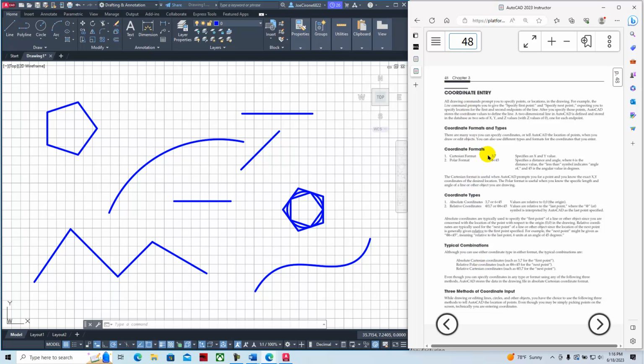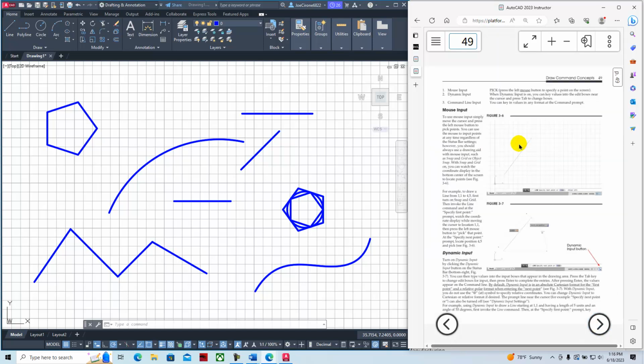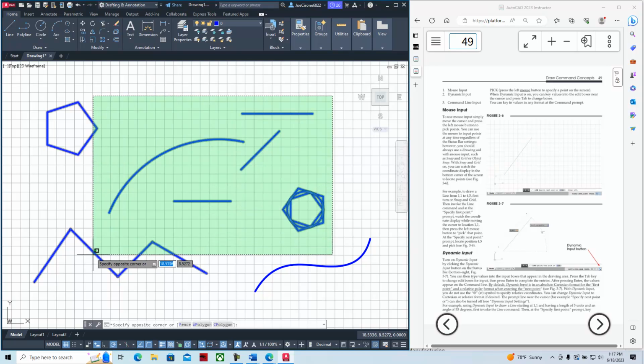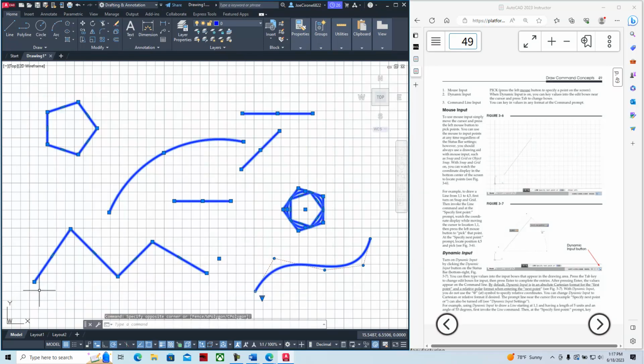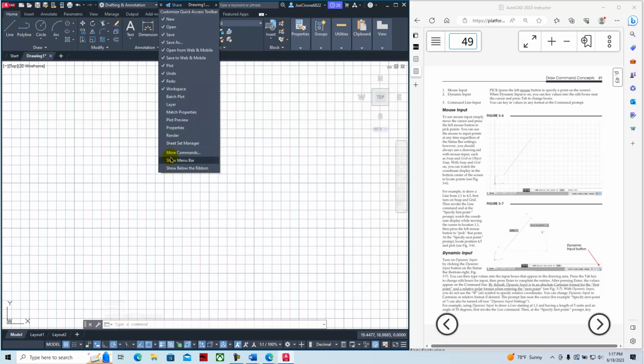coordinate entry method where you have the X component and then the Y component. Mouse input is just clicking with the mouse on the screen. If you have the screen set up where you can come in here and you can select these different items, I can hit erase. If I go and I turn on my menu bar by hitting this little arrow next to the paper airplane, show menu bar,